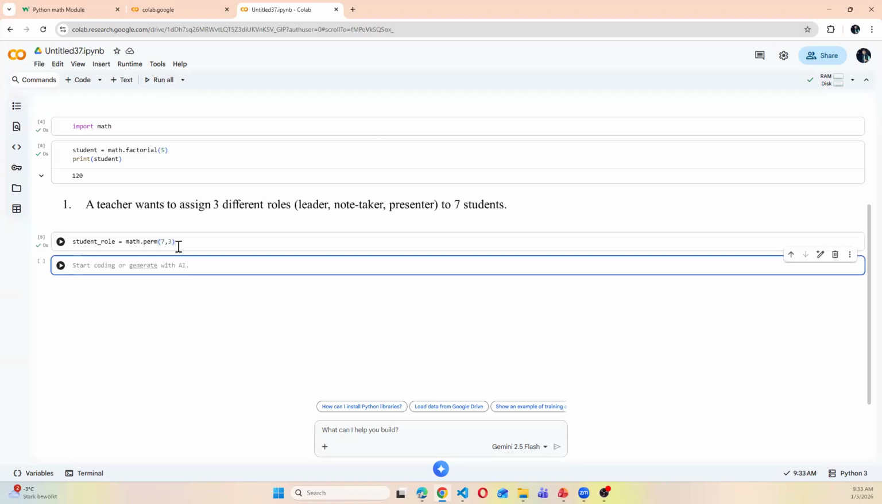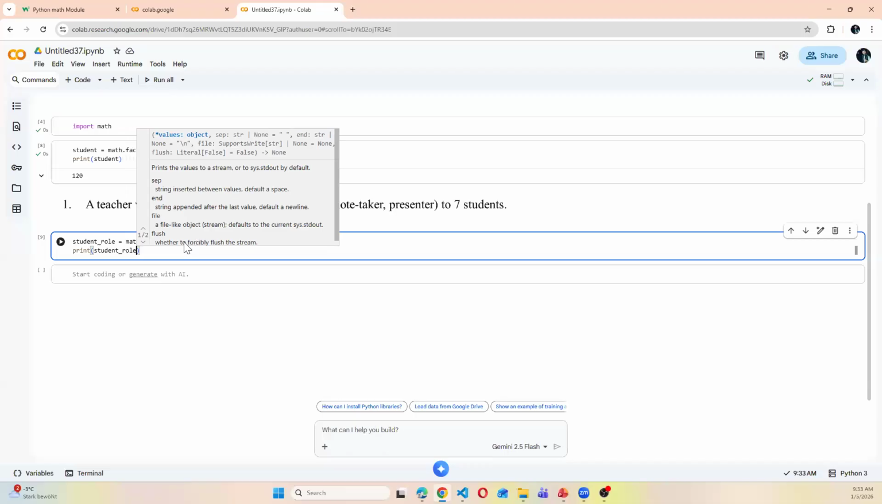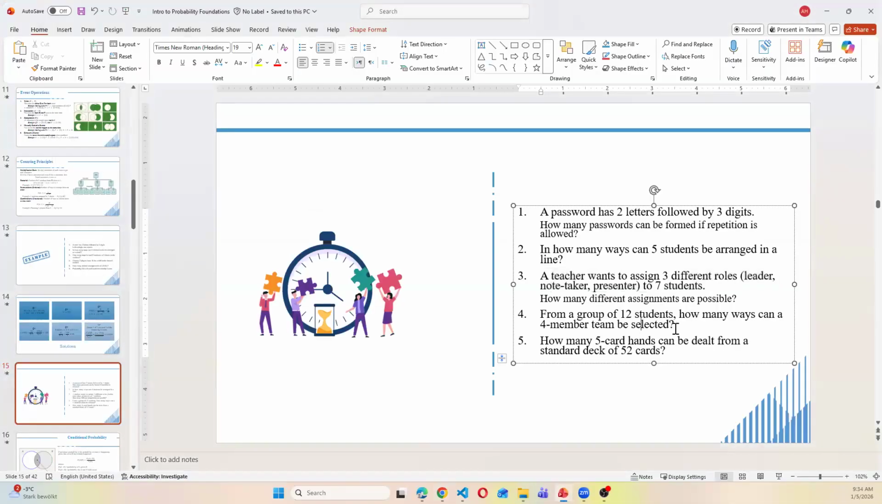Now I can write print student role. So in 210 ways I can choose, like I can have leader, note taker, and presenter, as order matters for me. But if I do it without any role, I can say combination. And the second last is that